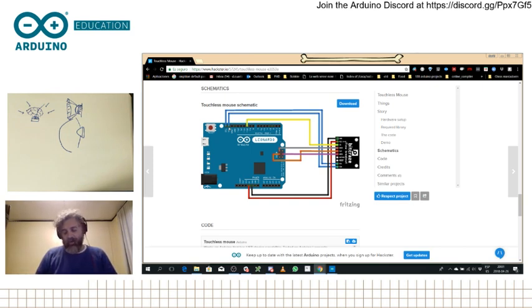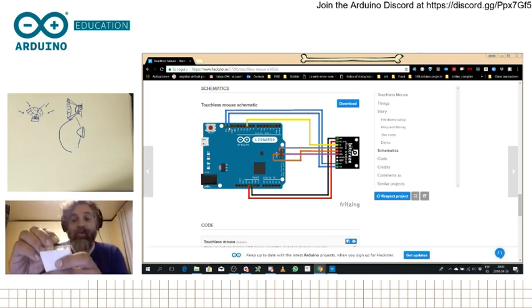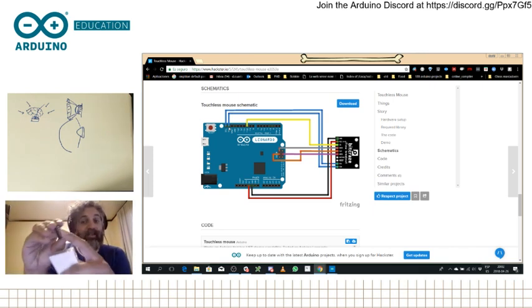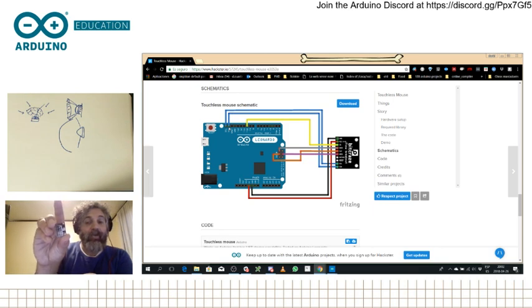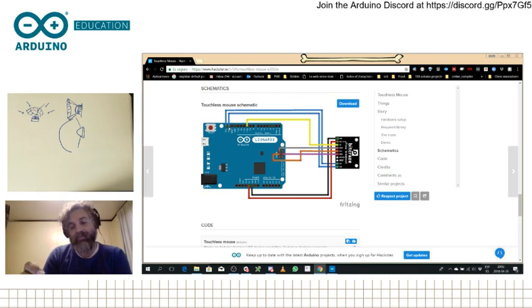So what I'm going to do is to just punch the sensor on my breadboard, and the first thing that you have to take into account is that the drawing of the sensor is upside down. Like the drawing of the sensor is looking at the board from this direction. So this means that when you're going to plug it, all of the cables are going to be in the other direction.